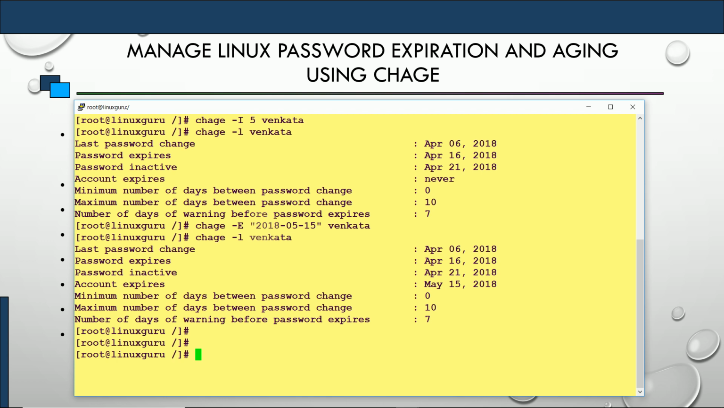Suppose he was on a very long vacation and Venkata was not able to change his password till May 15th. So what will happen? His account will expire. And as in any organization, if someone's account gets expired, he has to provide a valid justification why he was not able to change his password till his account expired. So this way we have learned a few commands like chage -M, capital I for inactive and capital E